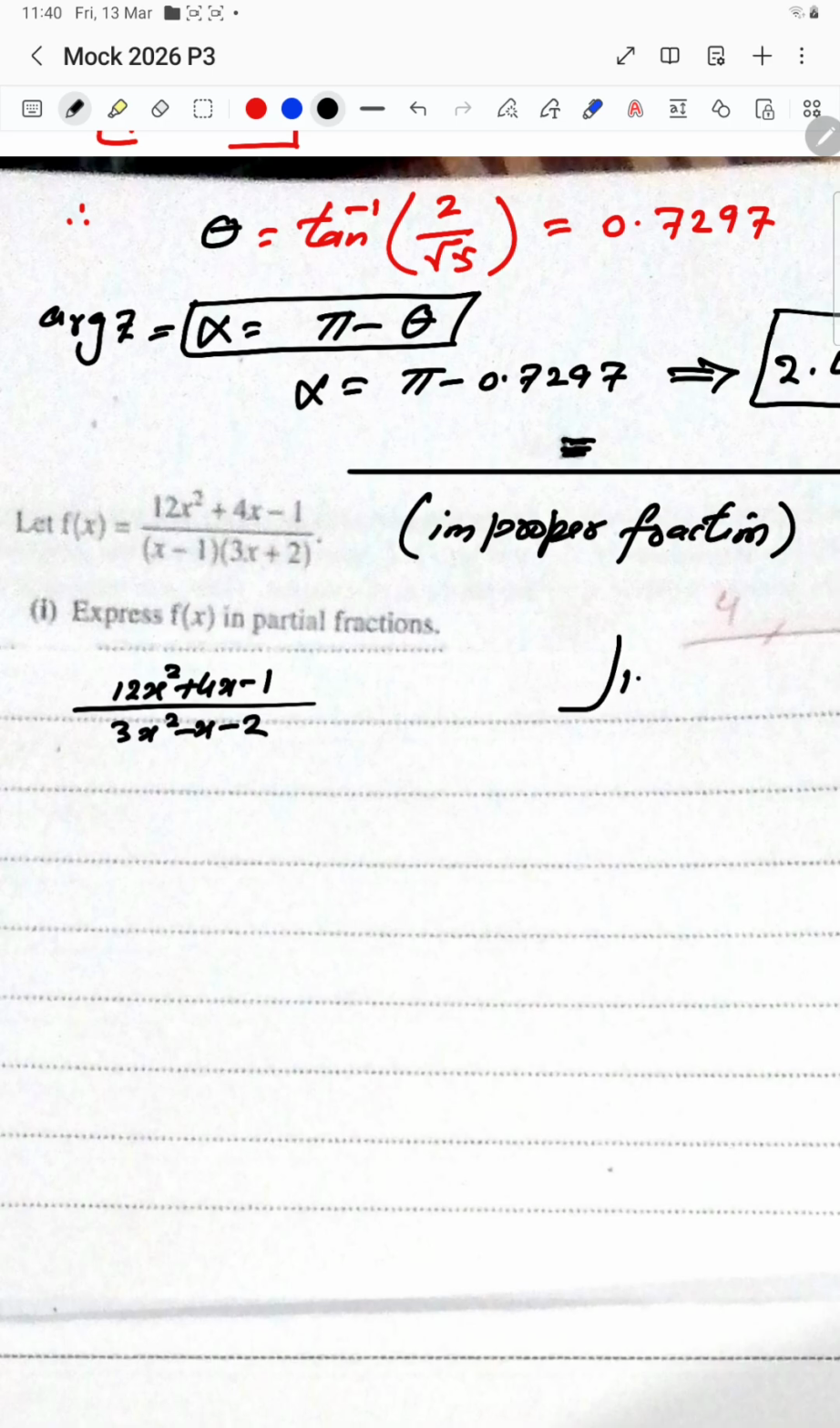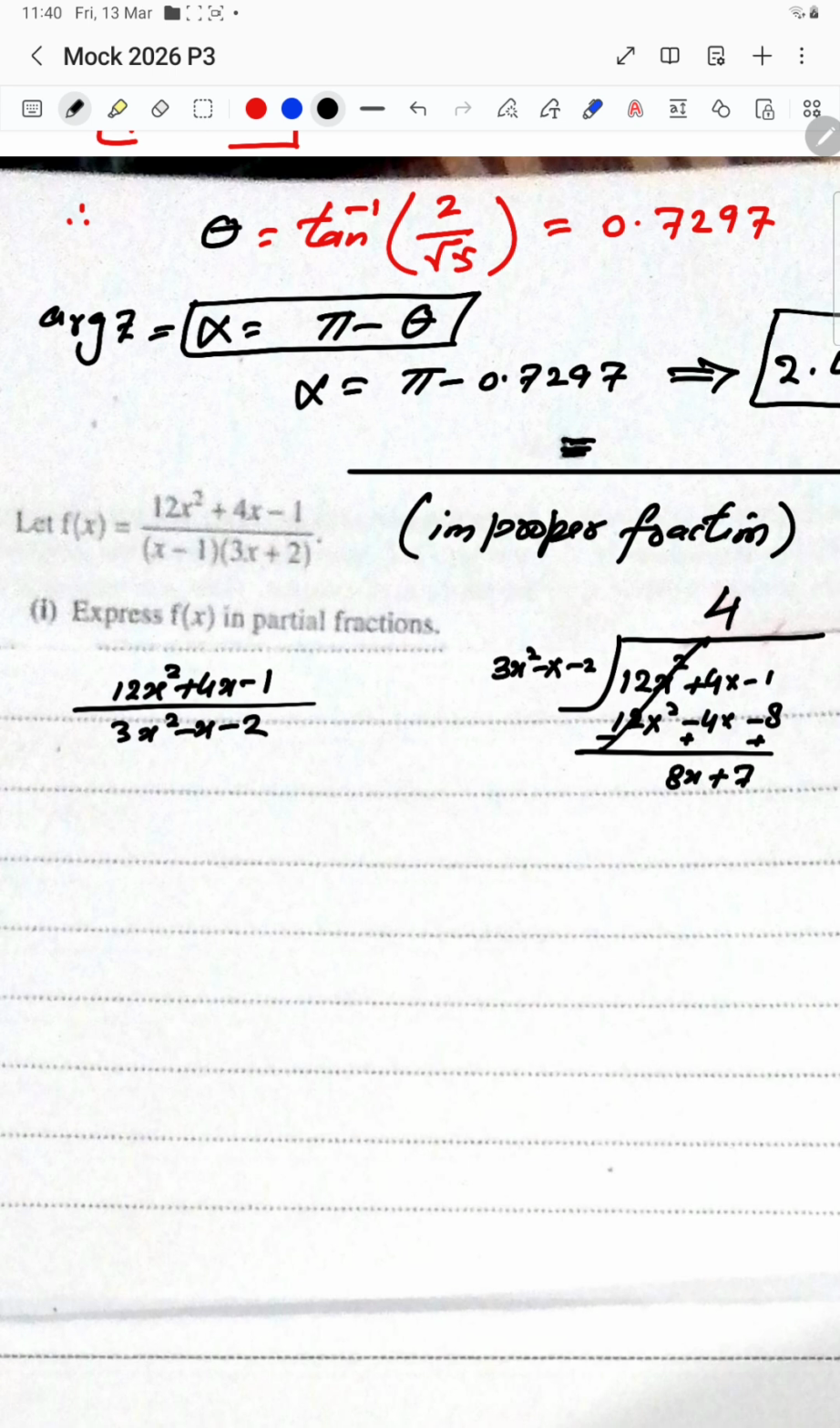Do it like this: 12x square plus 4x minus 1, divided by 3x square minus x minus 2. 3 fours are 12, so multiply by 4, we get 12x square minus 4x minus 8. Changing the sign, this goes, and we get 8x plus 7. So it means 12x square plus 4x minus 1 over 3x square minus x minus 2 can be written as quotient plus remainder